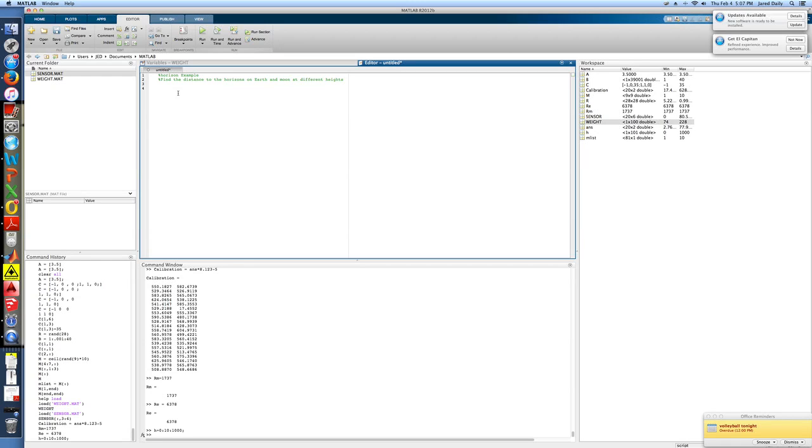We'll go ahead and define our Moon and our Earth. We could do that again. I'm not going to because I already defined them. They're already in my workspace. But when you're writing your script, you should do that for sure. And what I've got here now is